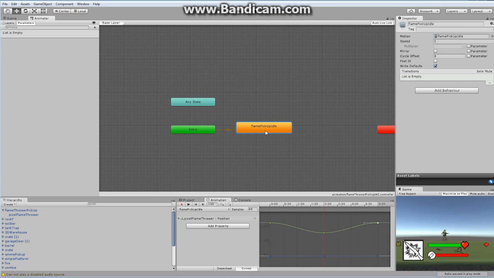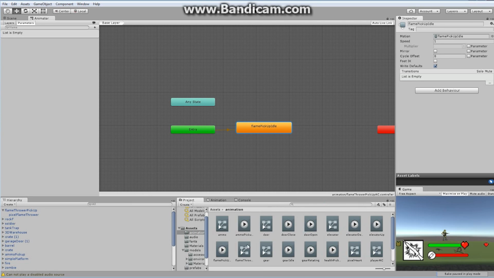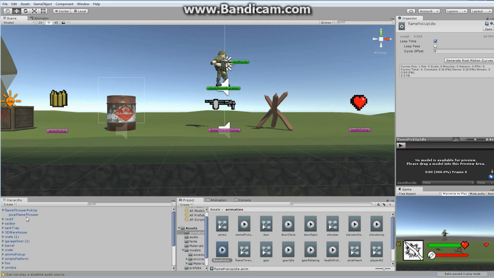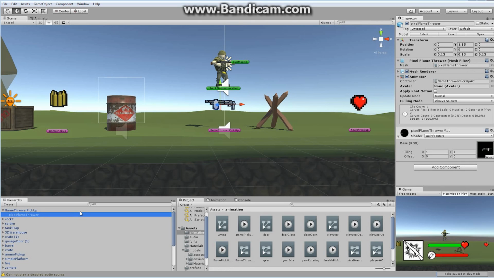Now, I'm pretty sure it's going to loop on. Let's just double check right here. Where is it? Flamethrower pickup, and it's looped. All right, automatically looped is the default state. Perfect. I'm going to go back to my scene now, and on my pickup flamethrower, what I'm going to do